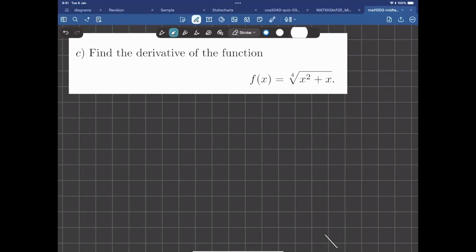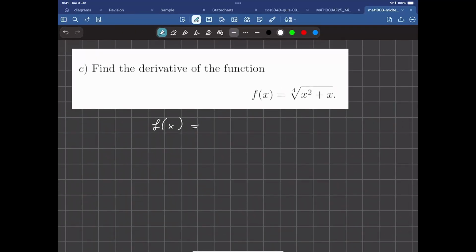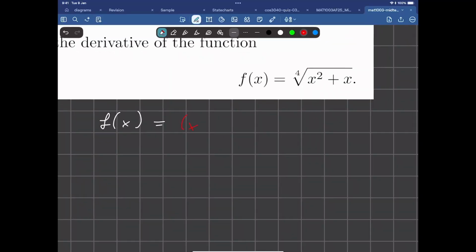Okay, so we have one more problem. This one, though, involves the chain rule, so we're building up on top of the previous ones. So you have f of x equals, and now I told you that whenever we're looking for derivatives, roots are not our best friend. So let's rewrite this as x squared